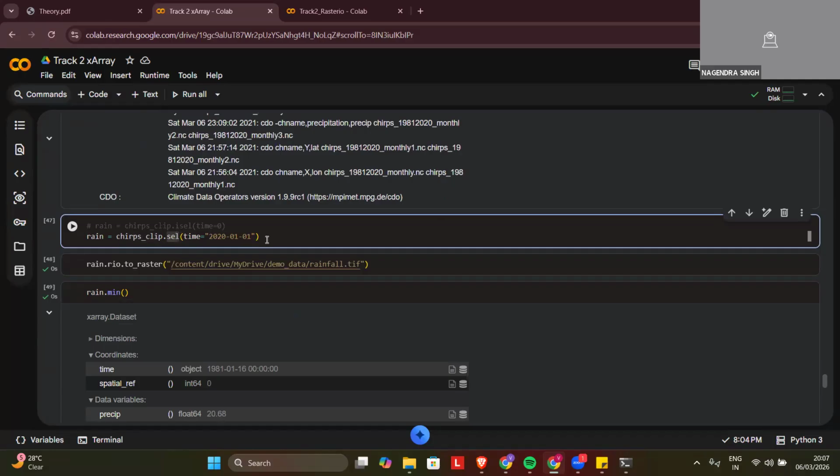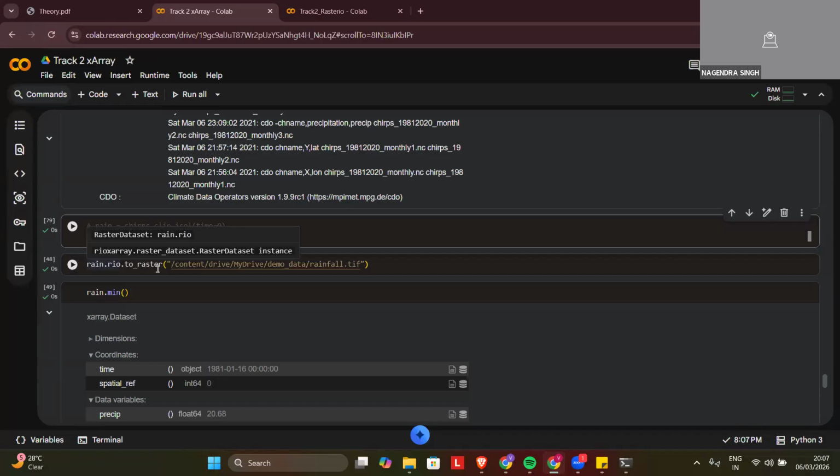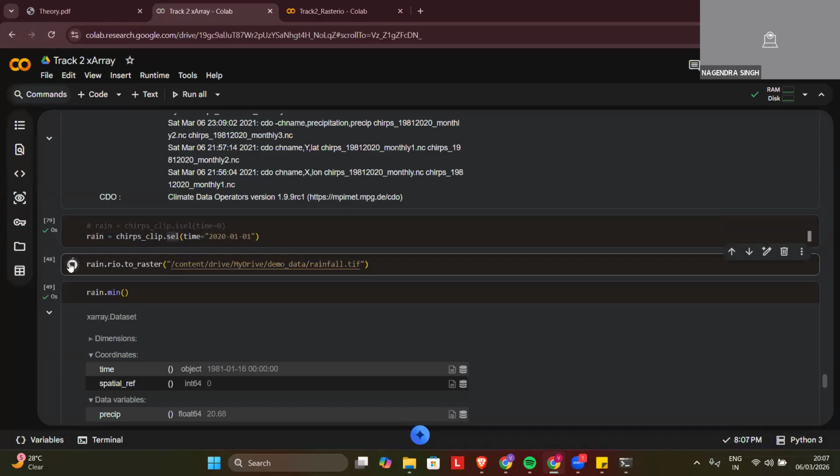We are not saving multiple timelines of data into a TIFF because we cannot save it like that. If you want to save the multiple timeline data, we'll save it in NC format. But since we have to plot it in leaf map, we will use single time data. So we'll run this and save that particular raster into a file. For saving it into a raster, variable dot rio dot to raster will just save it into your